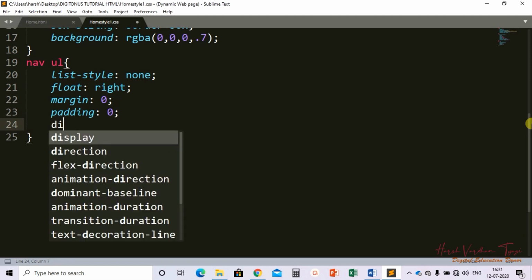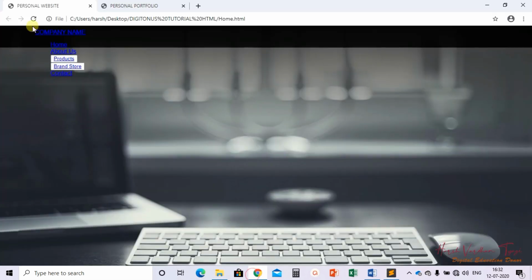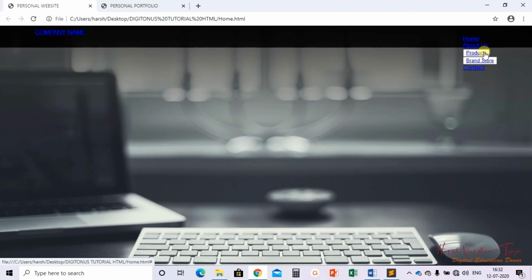and display. I'm just not writing display as of now because I want to make sure that you understand. Now see, everything we have done, it has come on the right side. List style with no list style, it has come on the right side, no margin, no padding.